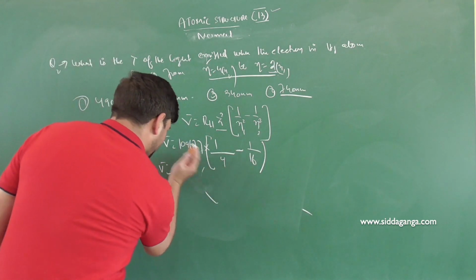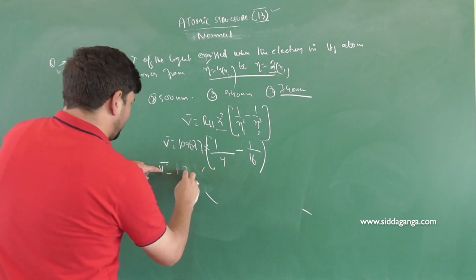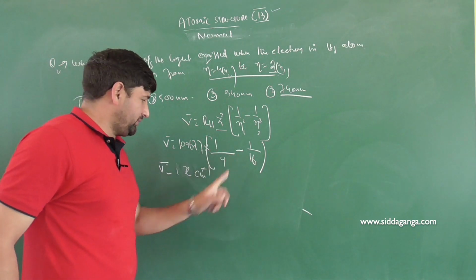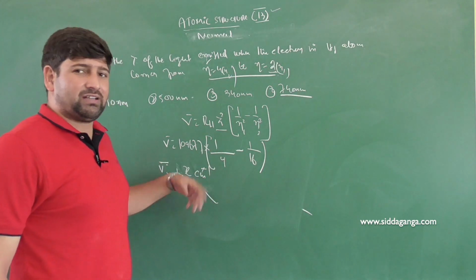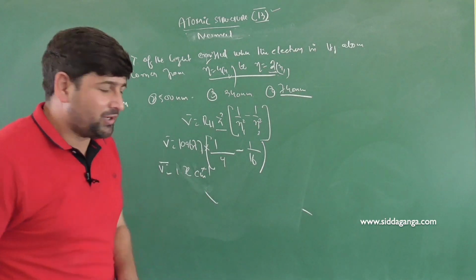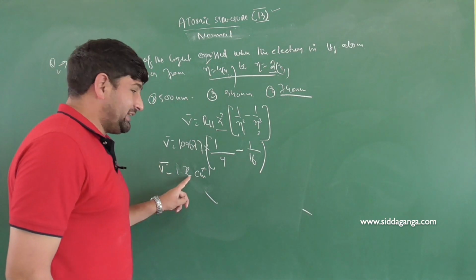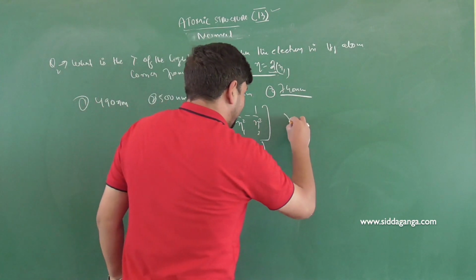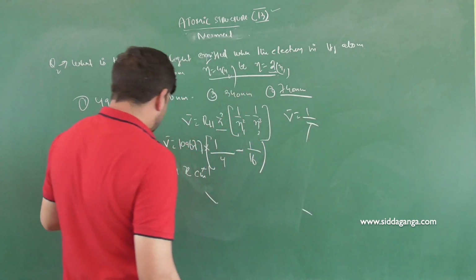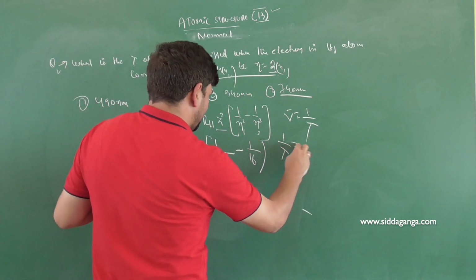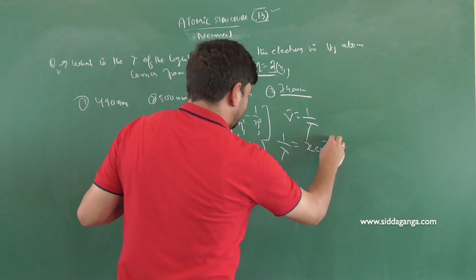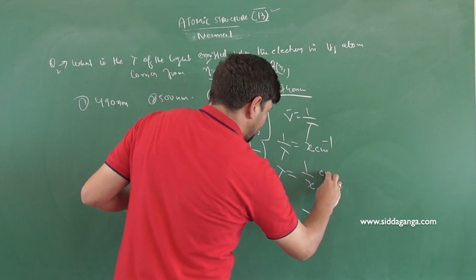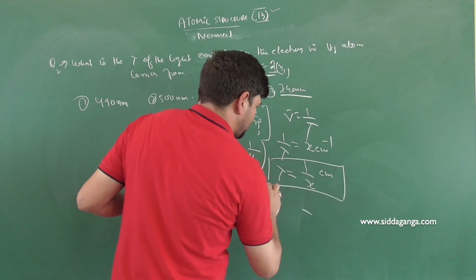So on the whole, children, suppose you got the wave number value as x centimeter inverse, for example. Once you solve it, you will reach some value, x centimeter inverse, whatever value you got. But our question is to find out the wavelength of the emitted light. We know wave number equals 1 by lambda. So I can write 1 by lambda equals x centimeter inverse. So what will lambda be equal to? It will be 1 by x, but now it will be in centimeters. With the help of this, you can solve the question.